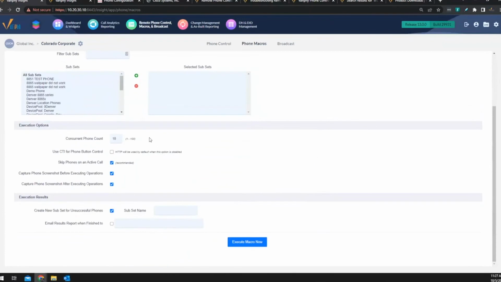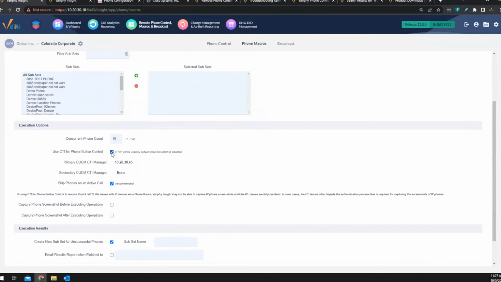So basically, you can select your subset, which will tell it what to apply to the phones. You can select CTI for phone button control, and this is what we use when we need to delete an ITL. All right, use a macro to delete an ITL, I mean to say. We're going to use this because the regular method will not work.